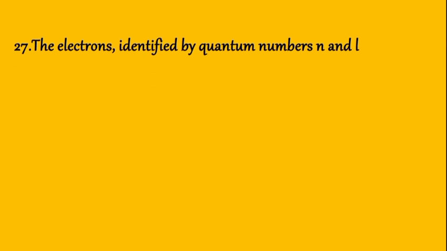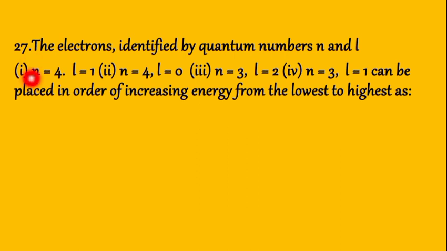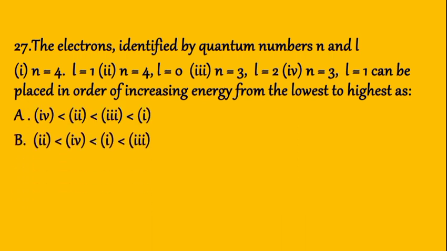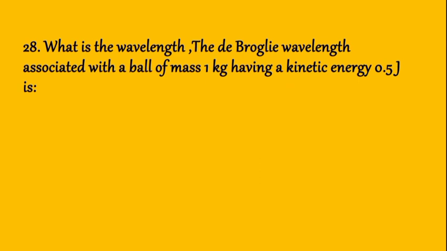Question 27: The electron identified by the quantum number n and l, given that first n4 l1, second n4 l0, third n3 l2, and fourth n3 l1, can be placed in order of increasing energy from the lowest to the highest ነው የሚለን። 4 2 3 1. So the answer is A, መልሳችን A ነው ማለት ነው።